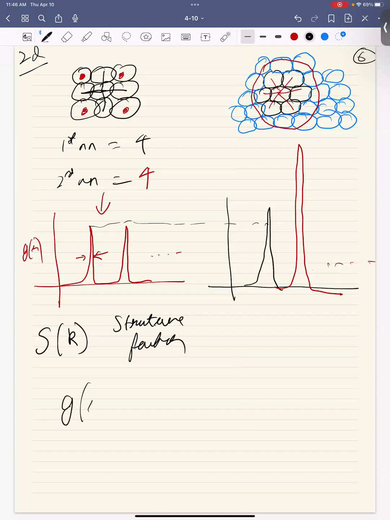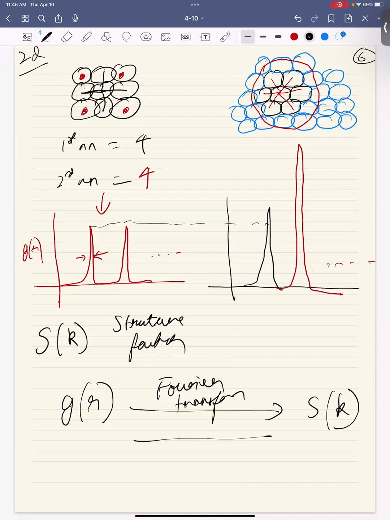So G of R, if you take a Fourier transform, you get S of K. And if you take an inverse Fourier transform of S of K, you get G of R. And S of K is what you measure in scattering, be it XRD, be it neutron scattering, be it whatever